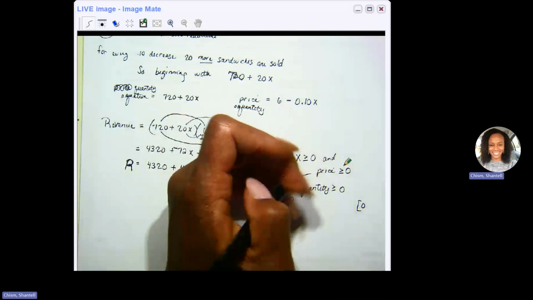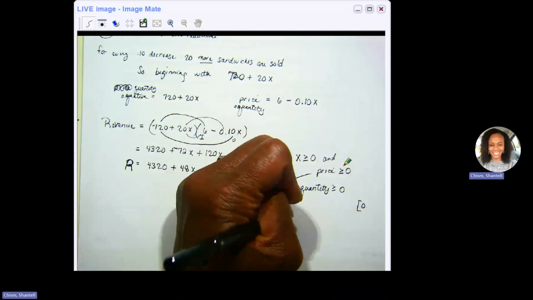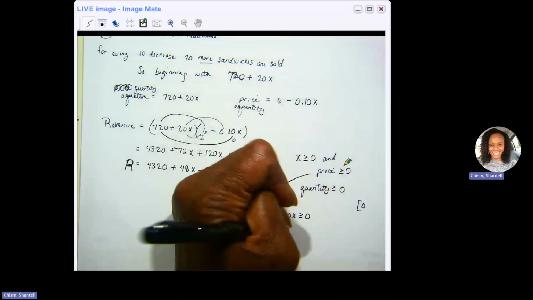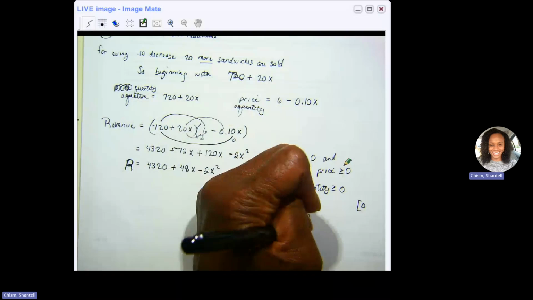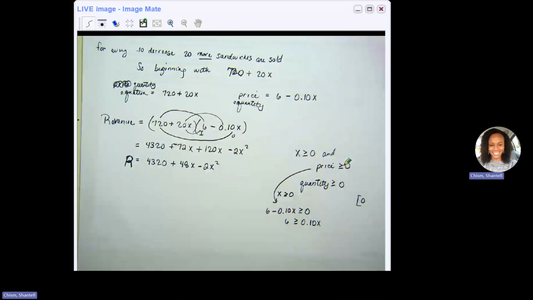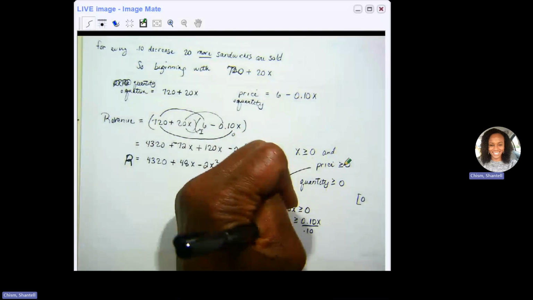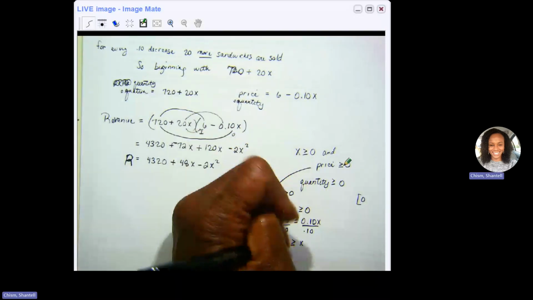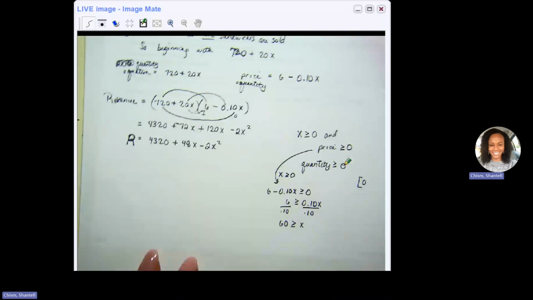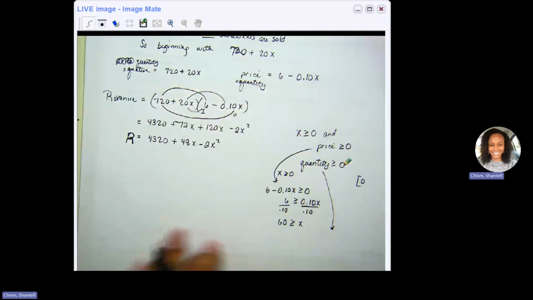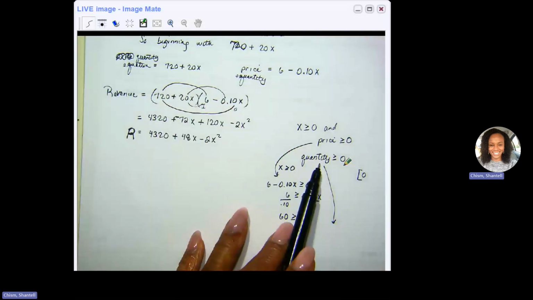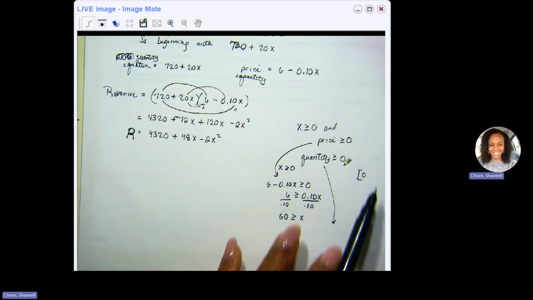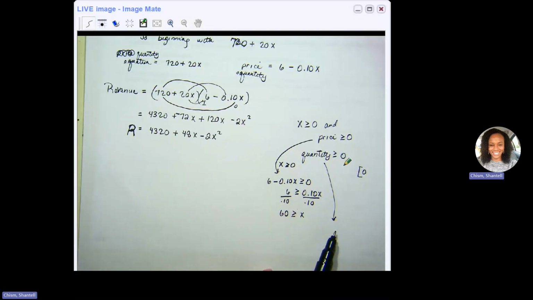The price function is 6 minus 0.10x, and we want to ensure that that's greater than or equal to 0. So when I solve this, I'm going to keep the 6 over on this side. I'm going to move the 0.10x to the right side, making it positive, and then I'll divide by 0.10. And so x has to be less than or equal to 60 there. And then I'm going to do one more. I'm going to do the quantity, and it may be where the quantity value is less than that. So my final end point might end up being 60, or we'll see how big or small